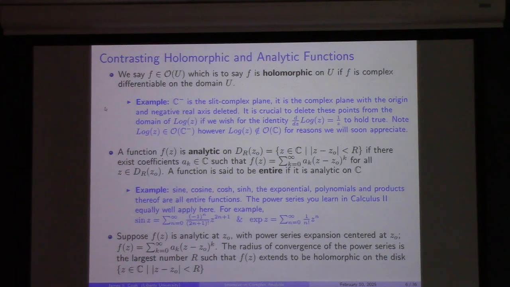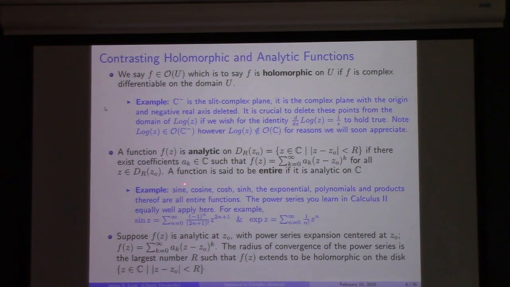In fact, a lot of the complex analysis course is devoted to the study of functions which are analytic. What does it mean for a complex function to be analytic? Well, that means that if it's analytic on this disk of radius r centered at z0, there's a power series representation for the function. And the function is also said to be entire if it's analytic on the whole of the complex plane. So for example,